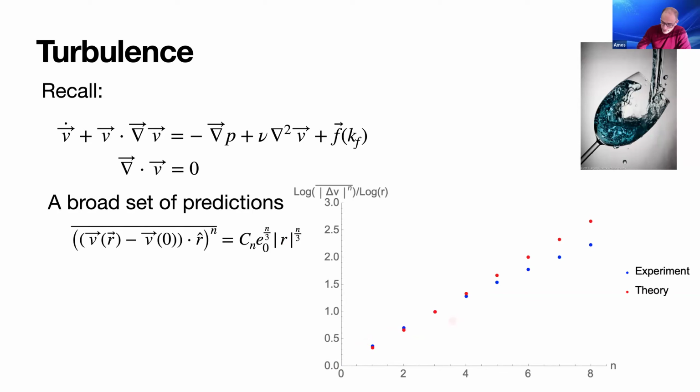And exactly at n equals 3, it coincides with theory, but n equals 3 is the only case where you can actually prove this. For n equals 3, you can prove this relation precisely. When I say this relation, what I mean is that you get this behavior. So exactly when n equals 3, there's a proof, and then it obviously coincides with the experiment. But in other cases, this just doesn't quite work.